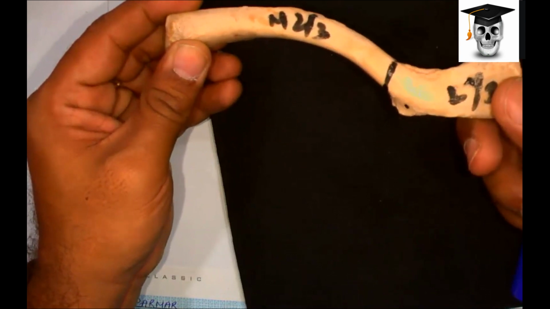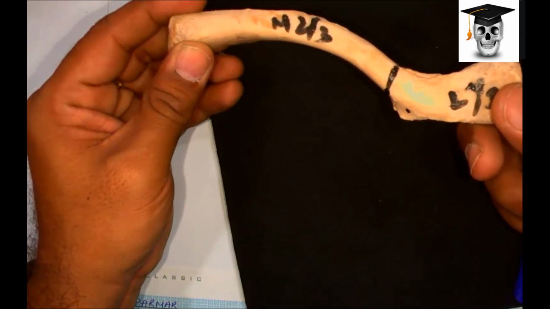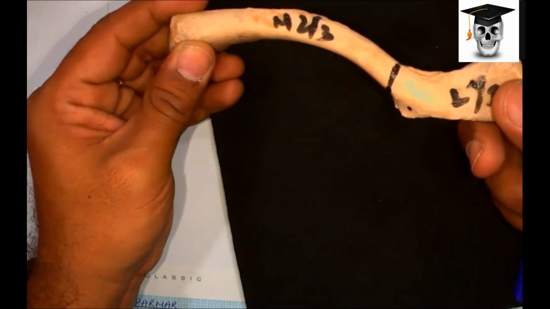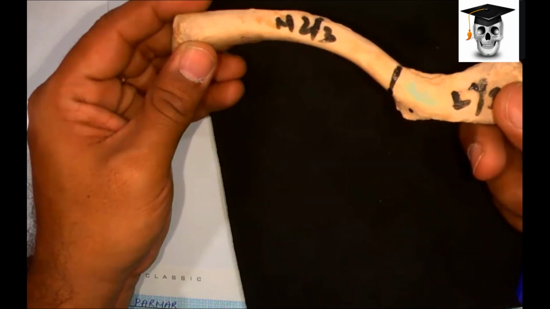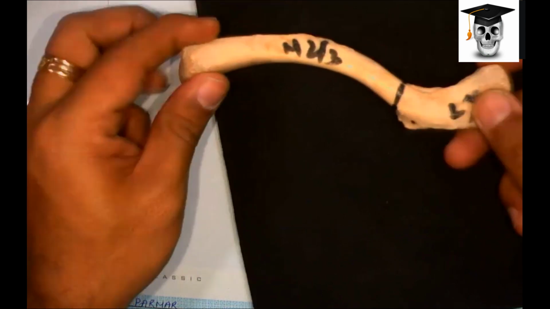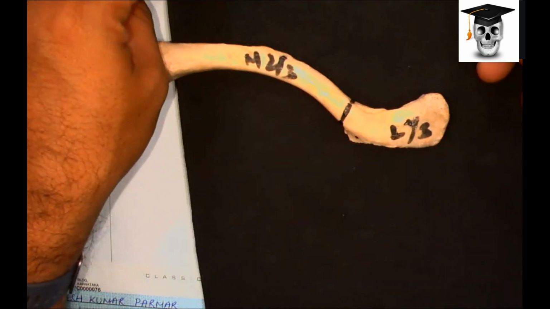Now show me the subclavian groove. Now put the subclavian groove inferiorly, medial end medially, lateral end laterally. Now put the bone where it belongs in your body. Is it a right bone or left bone? Right. It's actually a left bone. Show me the medial end because I'm not able to see it. I want to see whether it is right or left. That is the medial end. And show the lateral end to me.